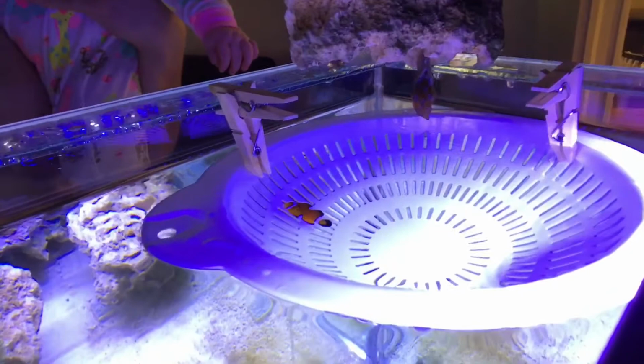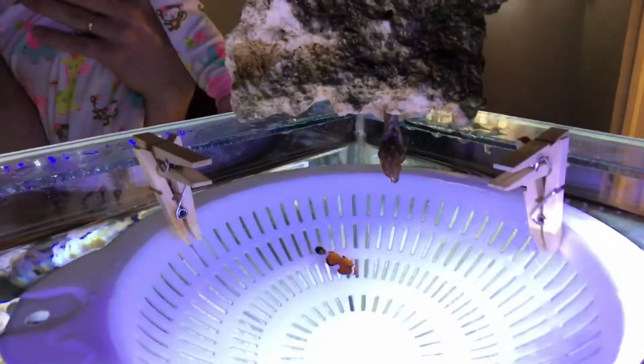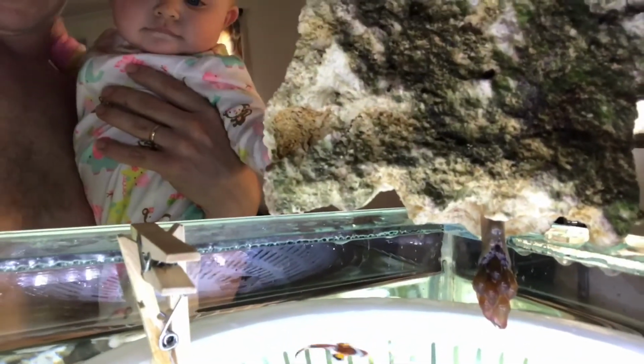I've been squirting it with one of these little 1 milliliter bulb squirters, and I've got these little clothesline hangers here, just keeping the colander in place. It's a plastic one, so it floats, and my return pump just kind of blows it around. So we are here anxiously waiting for this anemone to drop down. I don't want it to dry out, so